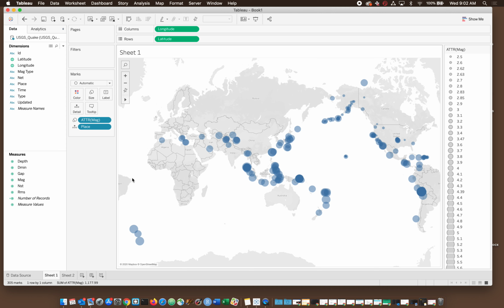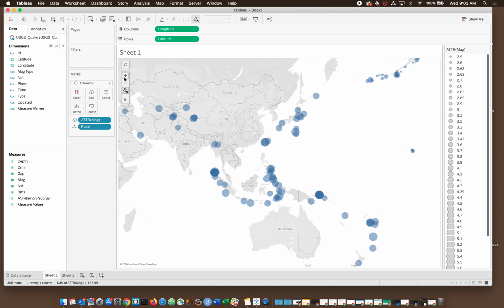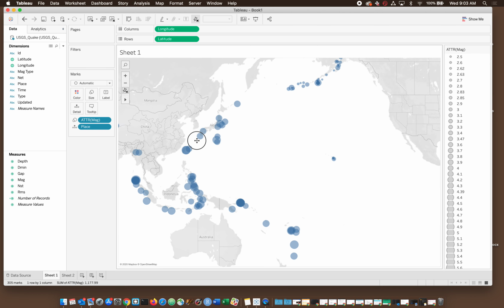Let's see. So what I wanted to say is, let's say we just wanted to focus on America, or the Americas, or something like that. How can we change this map and its appearance? Well, first of all, if you hover in the upper left-hand corner of the map, you'll see you've got pluses and minuses, so that's pretty helpful. We know how to use plus and minus. So I'm going to hit plus, and then I'm going to go down to this arrow, and hovering over it, I haven't clicked anything. I'm going to click on this pan tool and scoot over